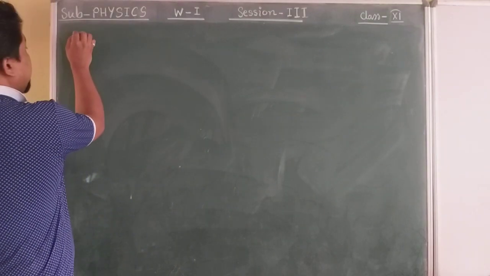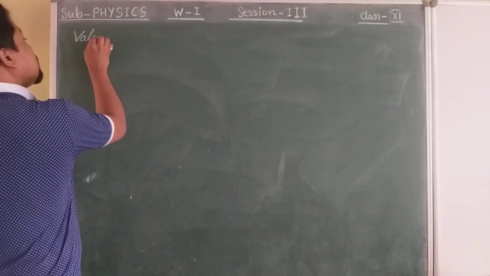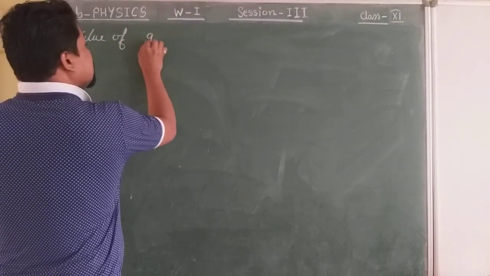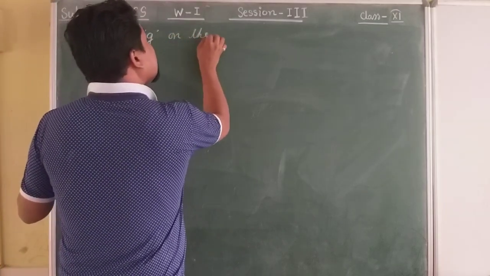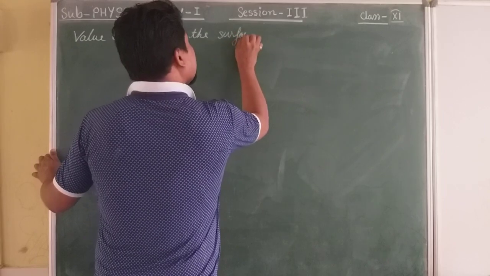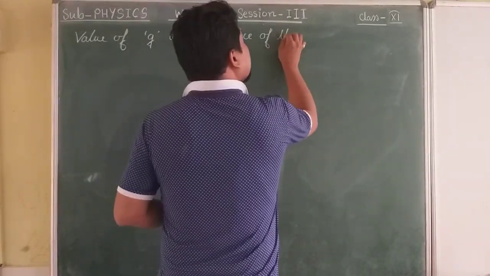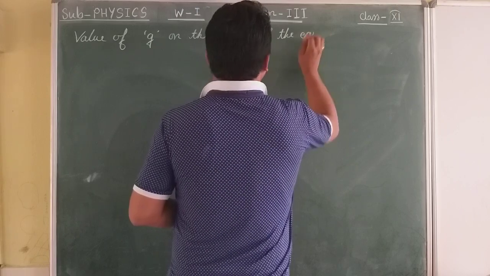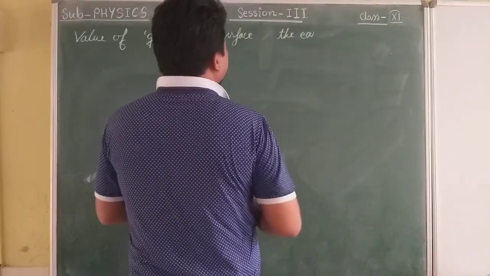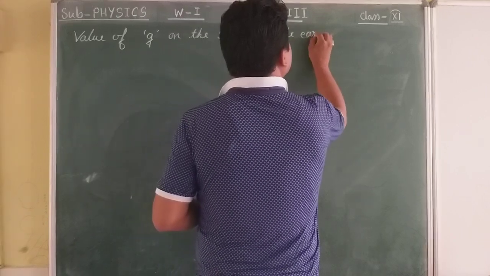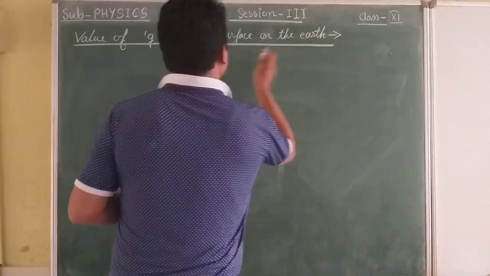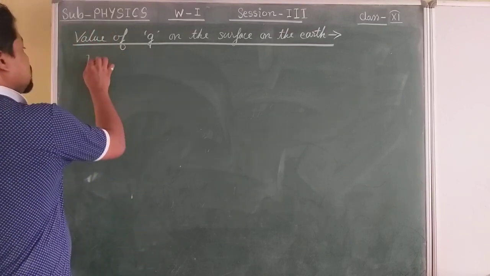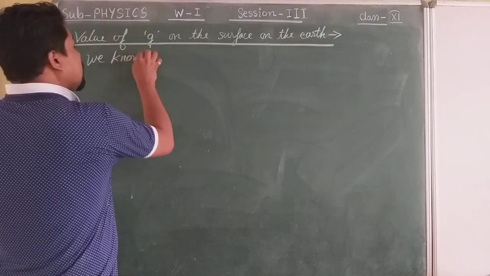Next, the value of small g, that is acceleration due to gravity on the surface of the earth. Surface of the earth. ভূপৃষ্ঠৰ ওপৰত মধ্যাকৰ্ষণিক ত্বৰণৰ মান কিমান হ'ব? So we know that